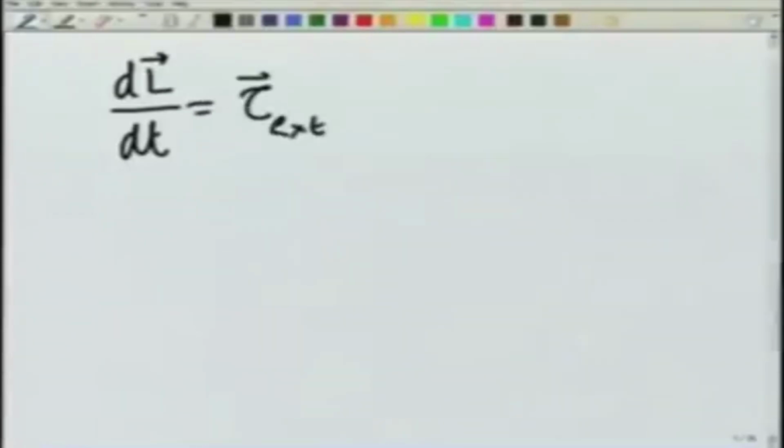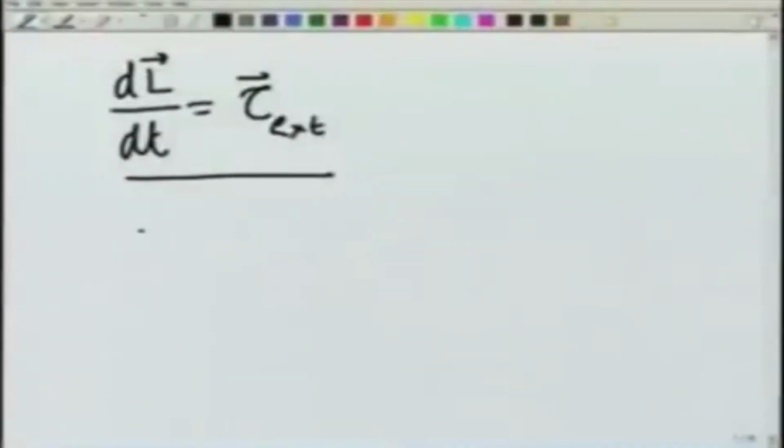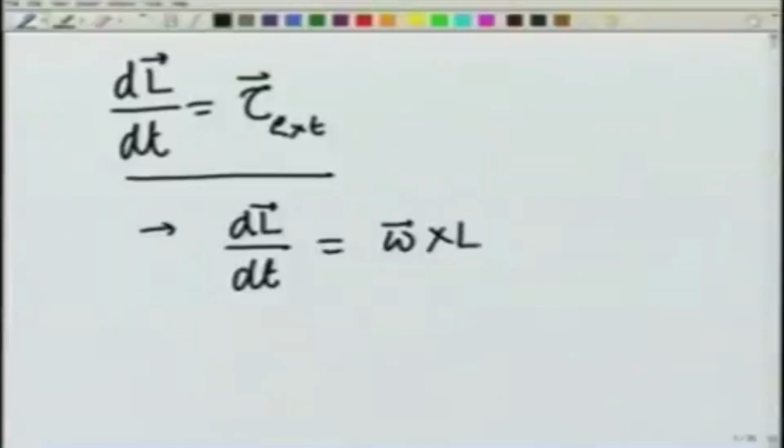In the previous lecture, I showed you that rigid body dynamics is described by this equation, and we applied it to certain situations in which omega was a constant. Not only was it a constant, its components along the principal axis were also constant. In that case, we saw that dL/dt was really nothing but omega cross L only, and this we wrote as